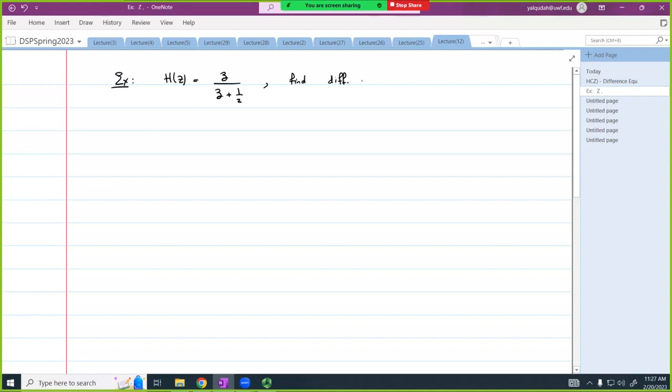This is the filter that we started with today. So I can write Y(z) over X(z) equal to z divided by z + 1/2. And therefore, z Y(z) plus 1/2 Y(z) is equal to z multiplied by X(z),